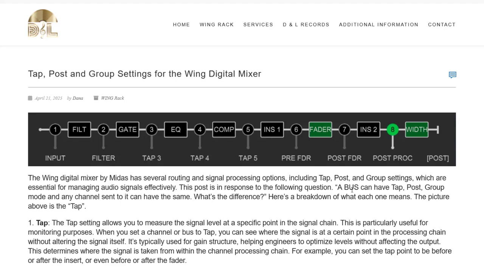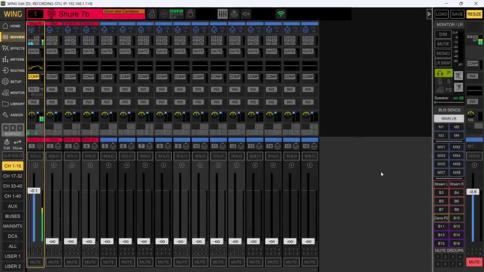We're going to be talking about this particular question. A bus can have tap, post, and group mode, and any channel sent to it can have the same. What's the difference? Okay, guys, so here we go in Wing Edit, and we're going to start with the old